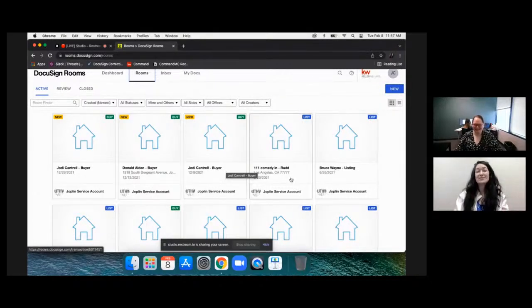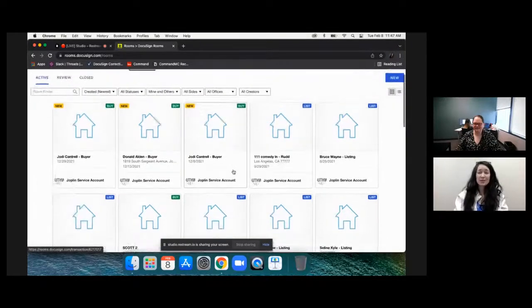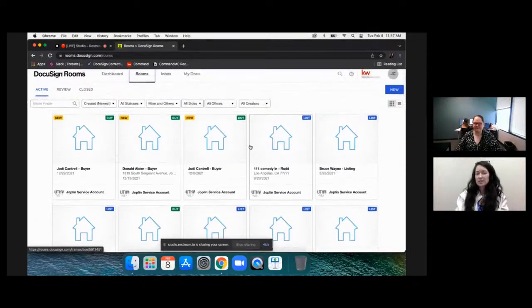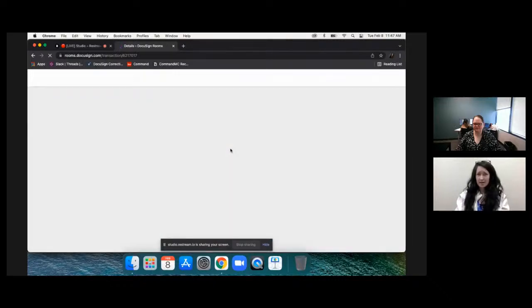Go me. So I have agents approach me all the time like, hey, I'm not using this room anymore. Can I get rid of it? Or, you know, this was a test room. Can I get rid of it? Absolutely. You can absolutely get rid of it, and it won't show up in this room dashboard. It might appear in your dashboard for a little bit until you start going into other rooms. That's just your most recent rooms. But when you actually click into the rooms tab, so what I need to do, if I want to get rid of this Jody Cantrell buyer, I can click into it. And then all I have to do,